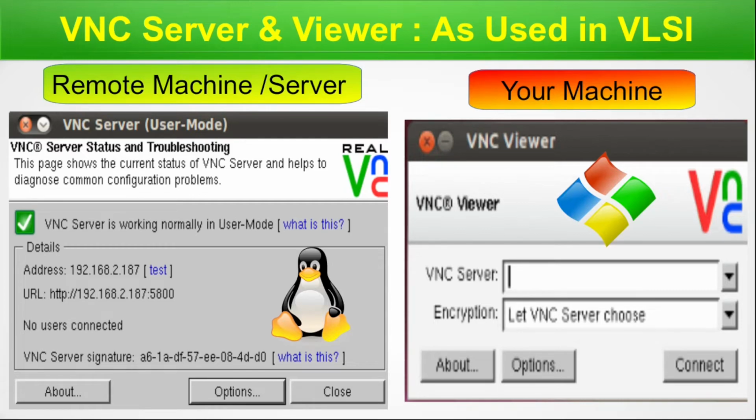However, the VNC viewer is also available for Linux distributions. So this is the general architecture in any of the companies. Your base machine on which you are working, the physical computer, is Windows based, and from it you launch a VNC viewer and connect to the remote machine which is running the VNC server, which is on Linux. So at the end machine, you have to use Linux commands or Linux features or both. This is another motivation for you to learn Linux. Now let's move on to the next slide.